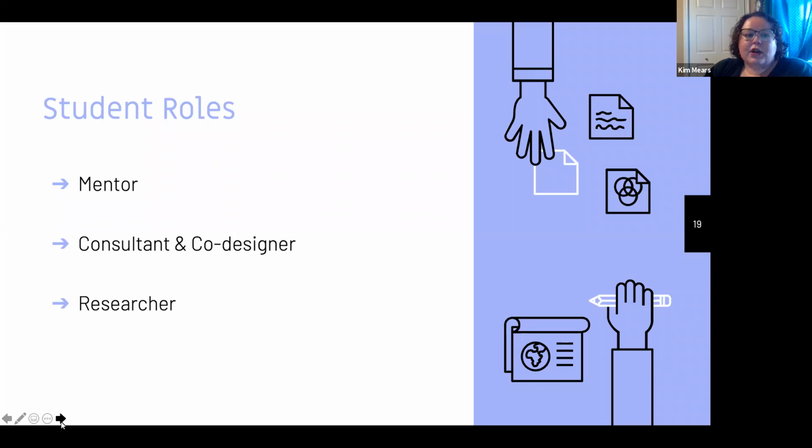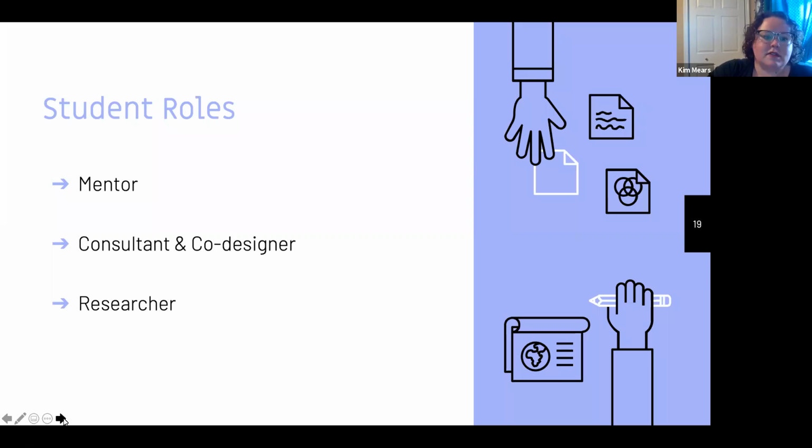As far as a consultant or a co-designer, Bryn Mawr College in the United States has a long-standing program where students act as pedagogical consultants. They provide work for up to 7 hours a week to a faculty member. The faculty member applies to this program and the university funds it, and the student can analyze curriculum. They can actually support the revision of classroom practices. And it's really as a partner to the faculty.